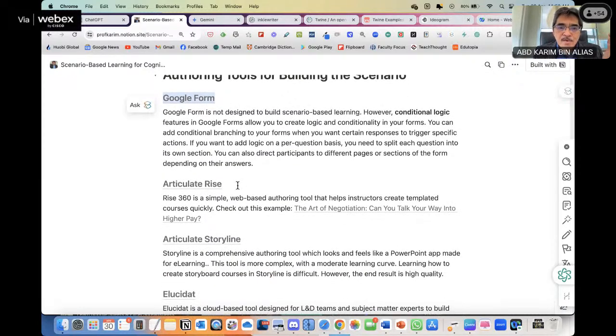Of course, I'm not going to show you how to use Articulate Rise because I don't have one. Last time, yes, I have tried Articulate Rise. I love it so much, but then cannot afford it. Especially now, as a pensioner, I cannot pay 5,000 ringgit a year. Too much for me, a pensioner.